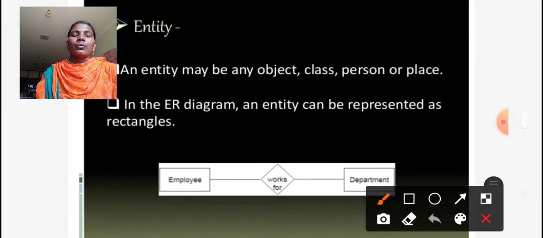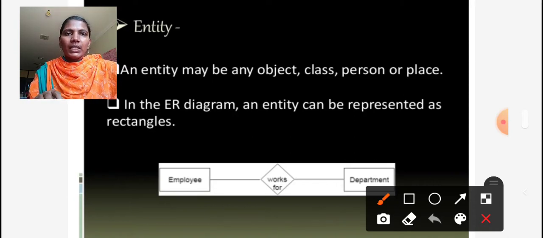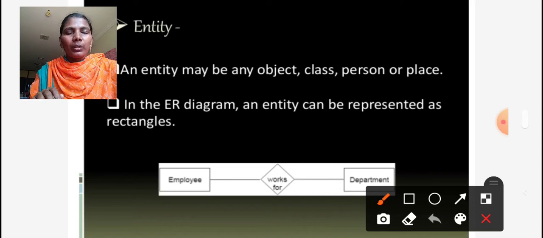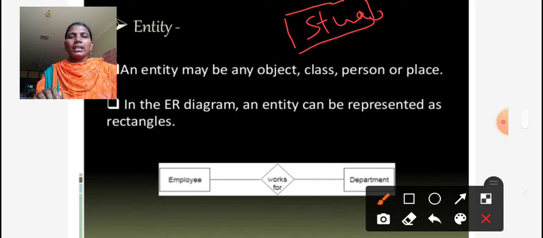Again, let us see the definition of entity. An entity means it is an object, a place, a person, or a class. For example, if we want to save the details of a student, student details is an entity, that means the database name itself is called an entity.